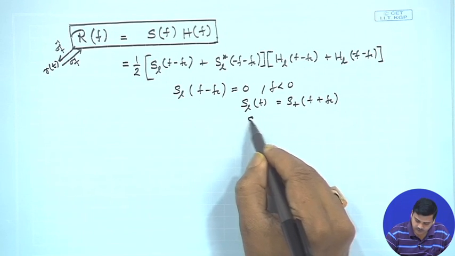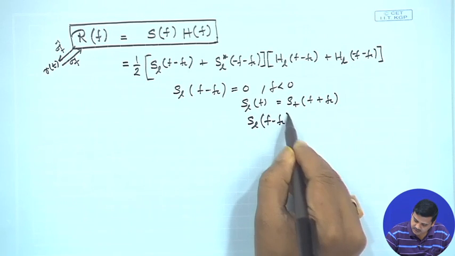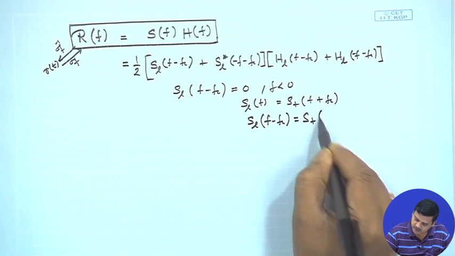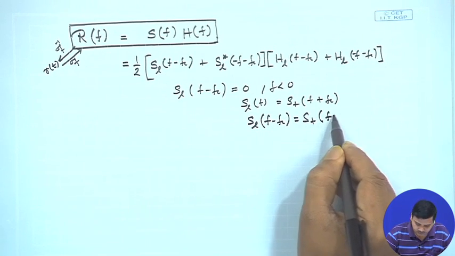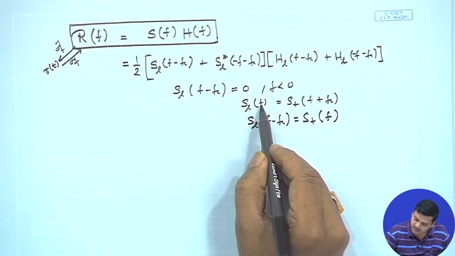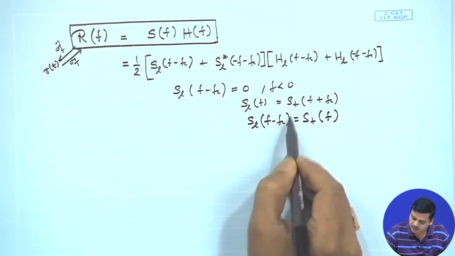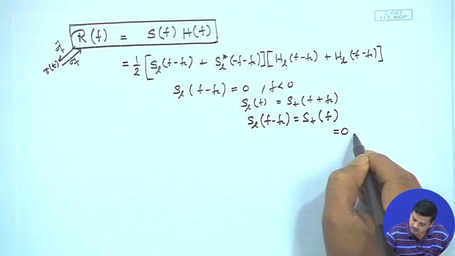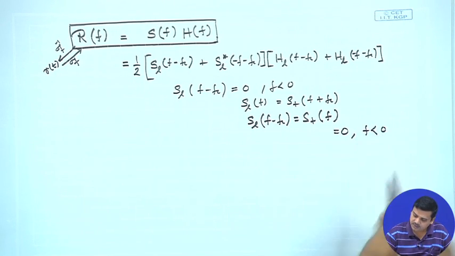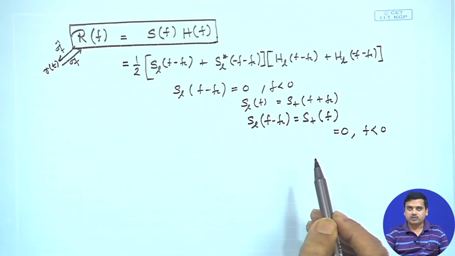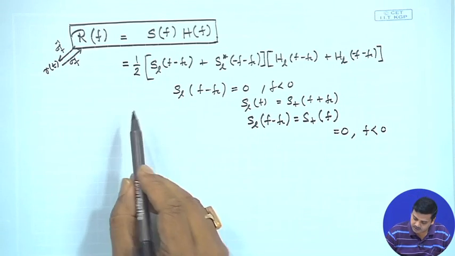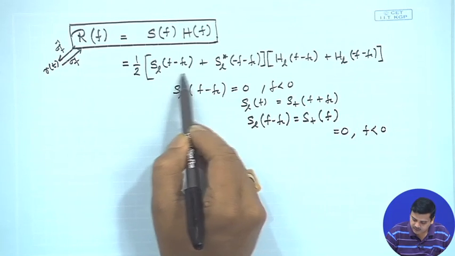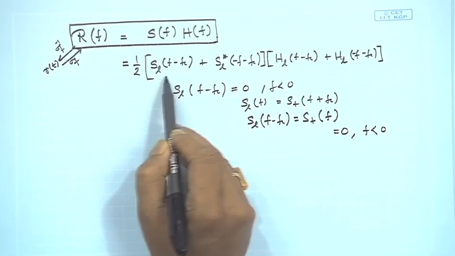So, one could have S_L(f minus f_c) should be equal to S_plus(f). I would simply replace f by nu minus f_c. So, I am going to get this. So, this is equal to 0 for f less than 0, because we have taken only positive set of frequencies over here. So, that means what we are saying, that this value is very small or negligible as 0